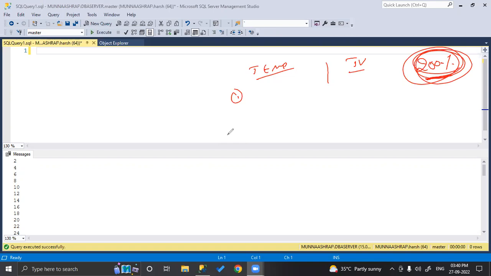So next, temporary table will be suitable for large amount of data, because it will store in temp.db.